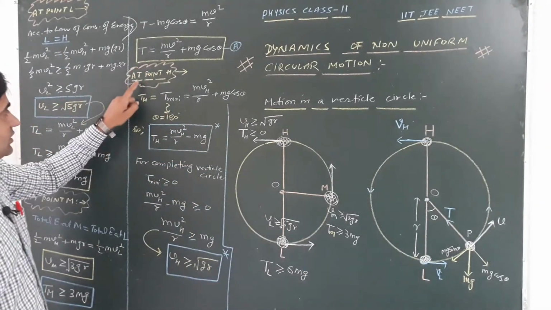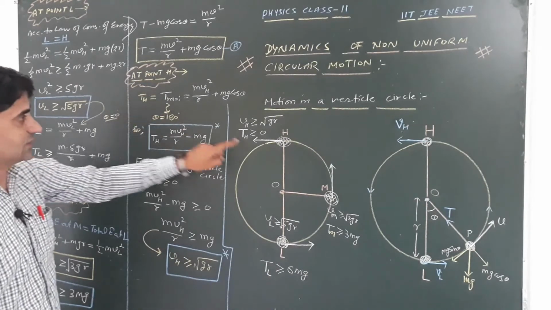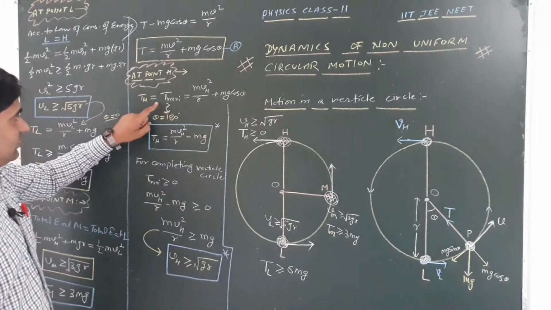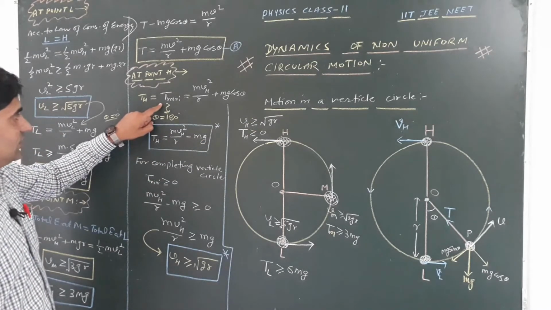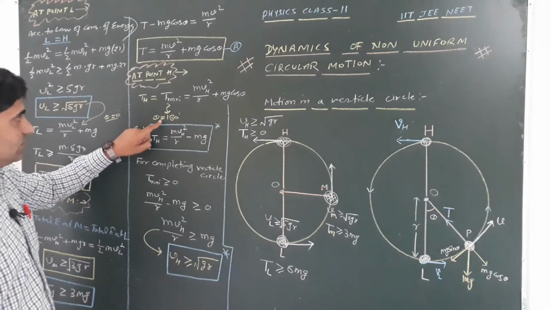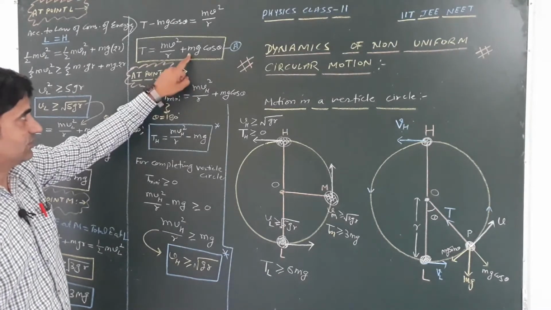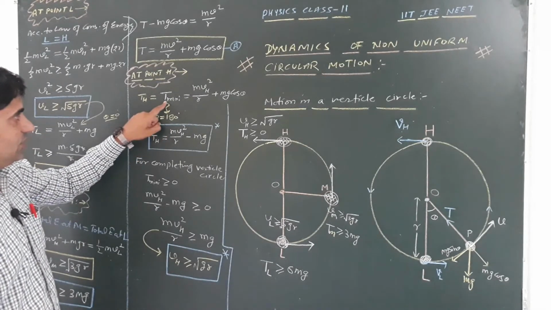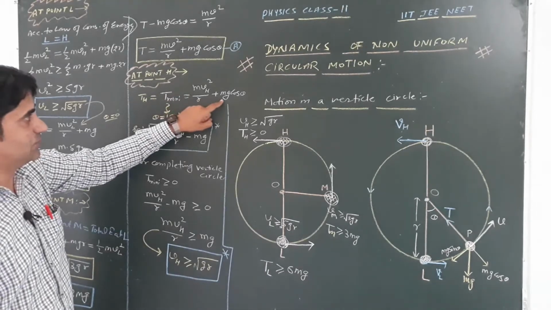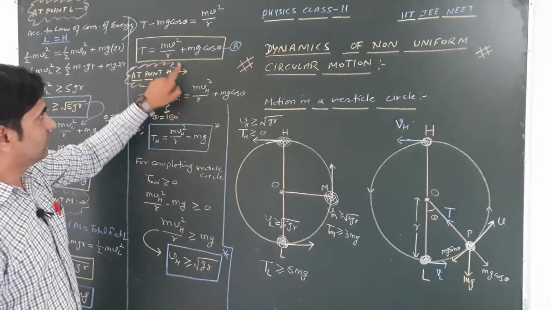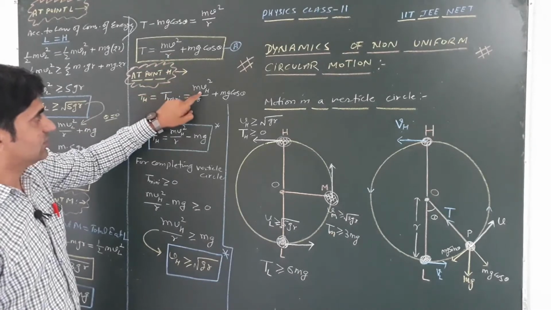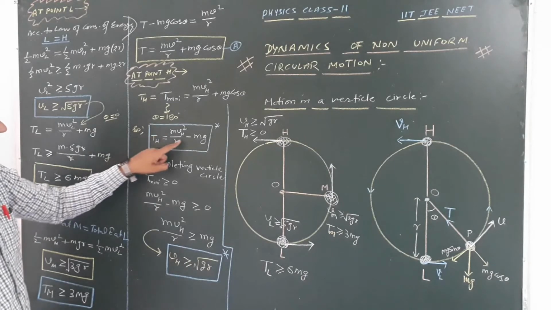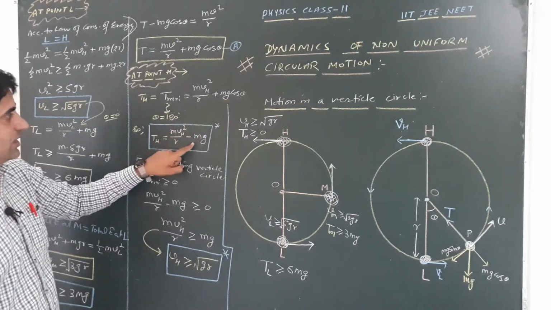So considering the situation at point H, that is the highest point, we are finding velocity value and tension T in the string. So at highest point there will be the minimum tension T in the string, and for minimum tension T in the string, angular displacement theta from this formula, equation number A, should be 180 degree, and easily we can write T minimum equals to mvh square by r plus mg cos theta from equation number A. V can be replaced as vh, the velocity at highest point. So one can write T_H equals to mvh square by r minus mg, cos 180 degree becomes minus 1.